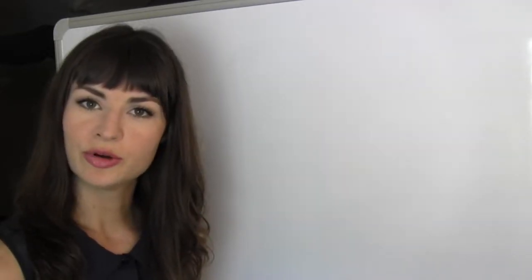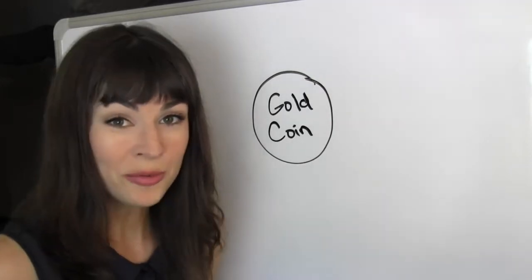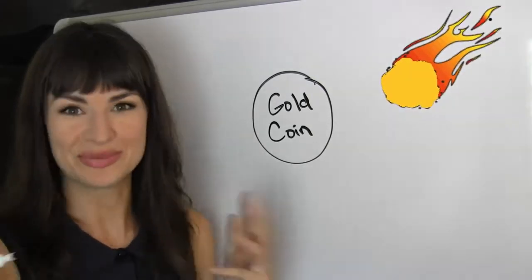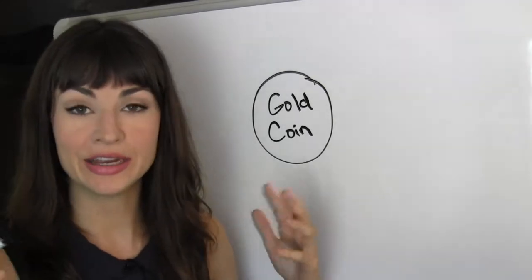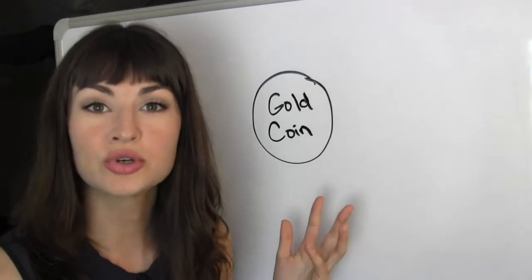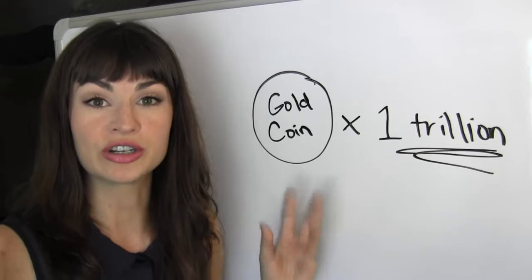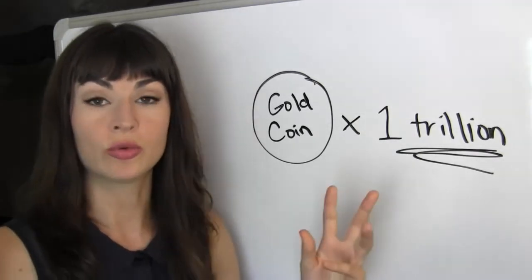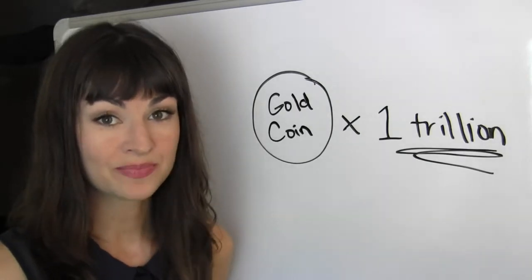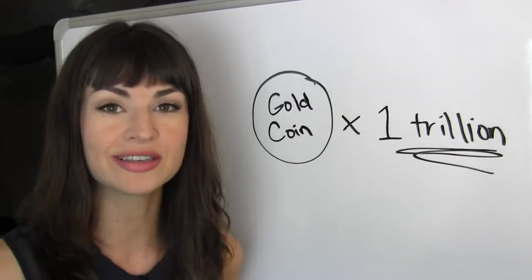Let's consider gold for a moment. You know, that really valuable metal shiny rock. What would happen if, say, an asteroid made of gold were to hit the Earth and suddenly increase the available supply of gold by 1 trillion, so that there were gold coins lying around everywhere you looked? You wouldn't even be able to step out your front door without kicking over a pile of gold. If gold were as common as pebbles, do you think people would still be willing to trade, say, a car for an ounce of the stuff?